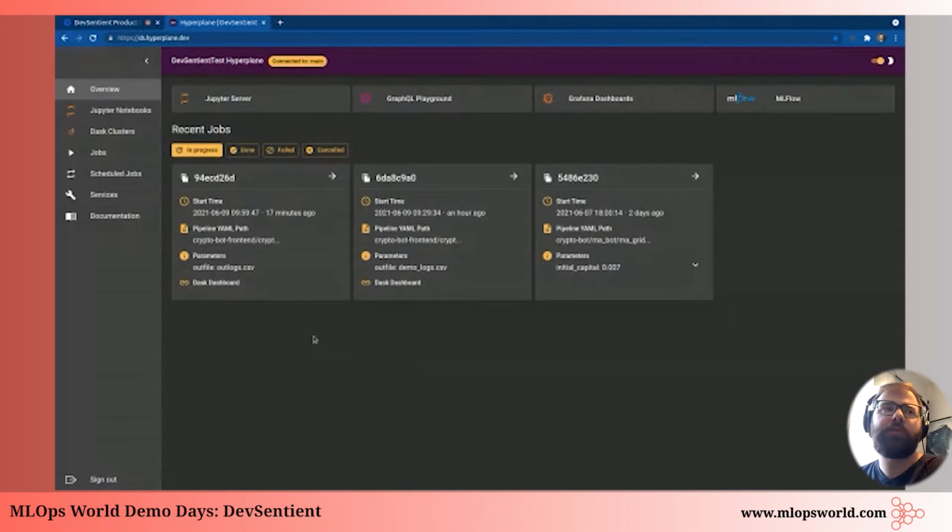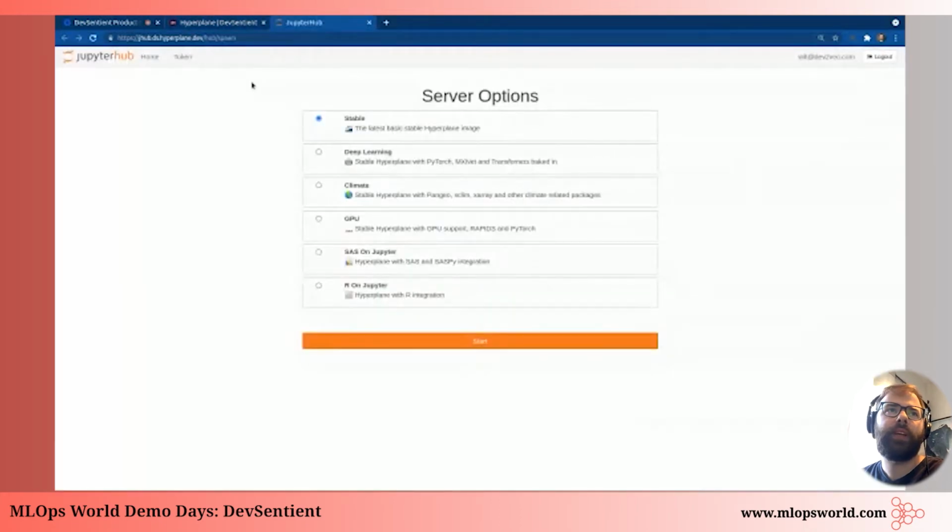So let's walk through the workflow of how a data scientist would use this platform. Usually when I log in, the first thing that I'm going to do is go to my Jupyter server. And you'll notice here that there are a number of different options.